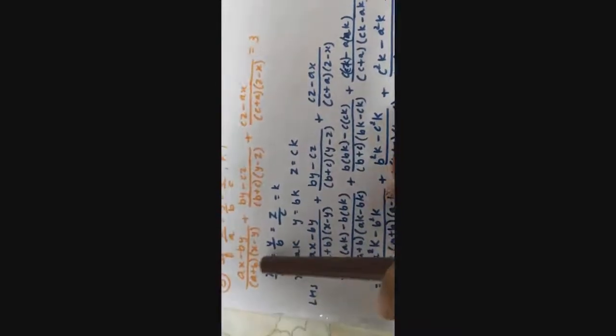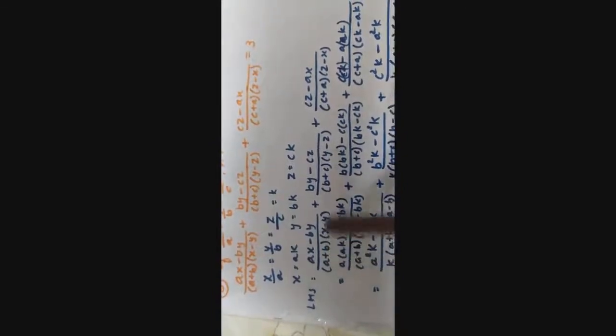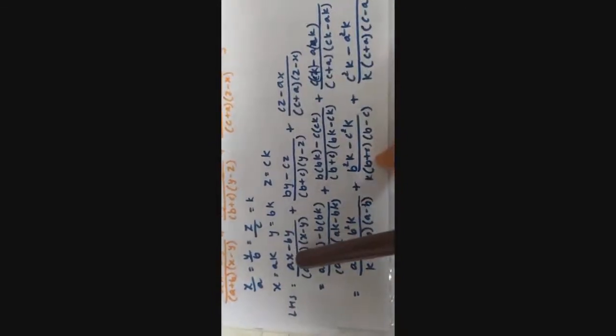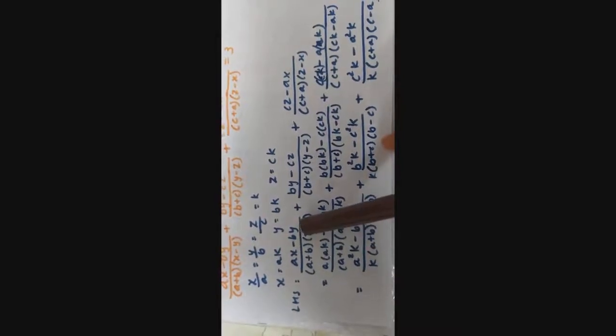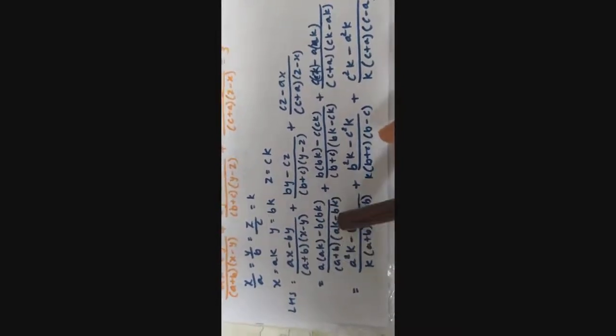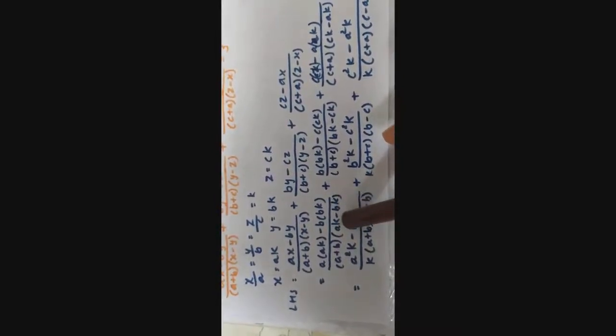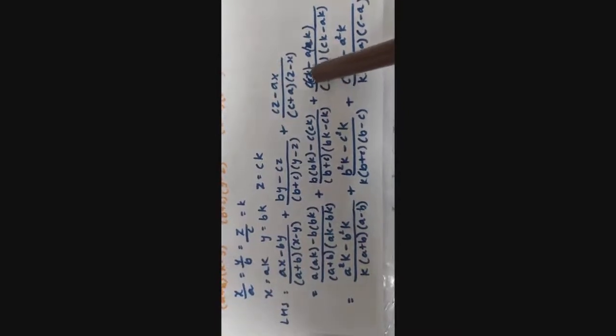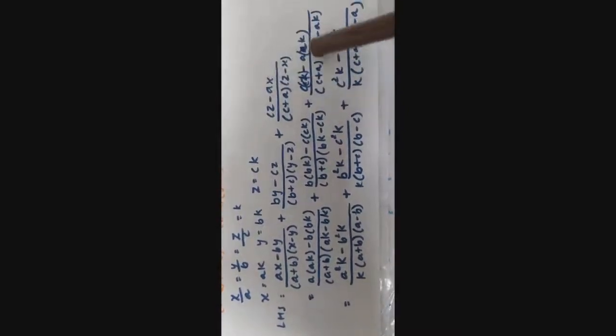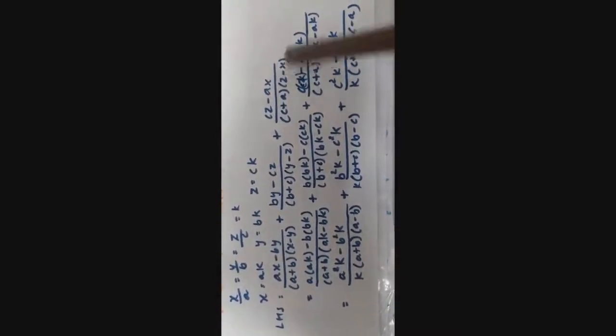Now left hand side is this. So now your left hand side is whole result, placing value of x ak, y bk in the denominator also, wherever x and y ak bk, and then y z ck, placing the values you see z ck, x ak, z ck, x ak.